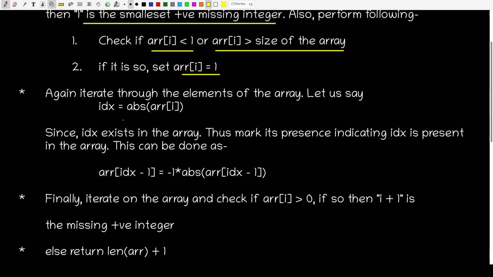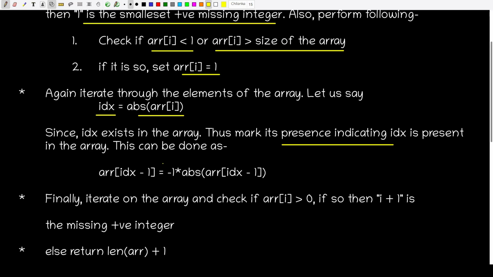and the first thing which we are going to do is we are going to take an idx which is equal to absolute arr[i]. Please note folks, this idx indicates that idx element or this integer exists in the array. Now since this idx exists in the array, then we are going to mark its presence,